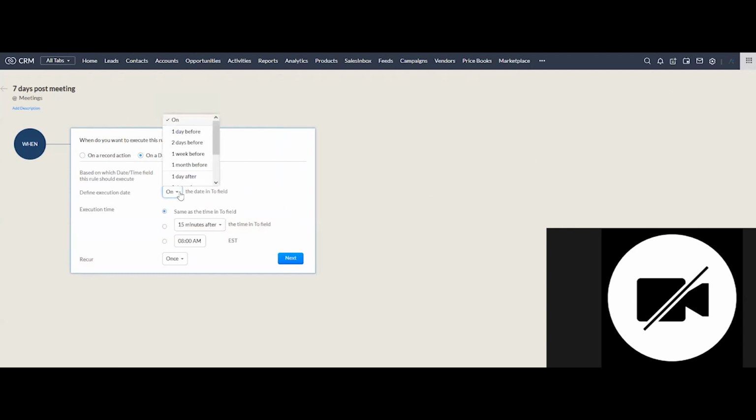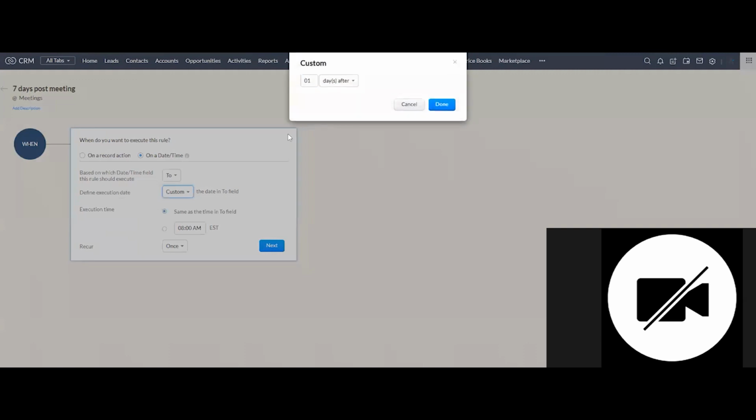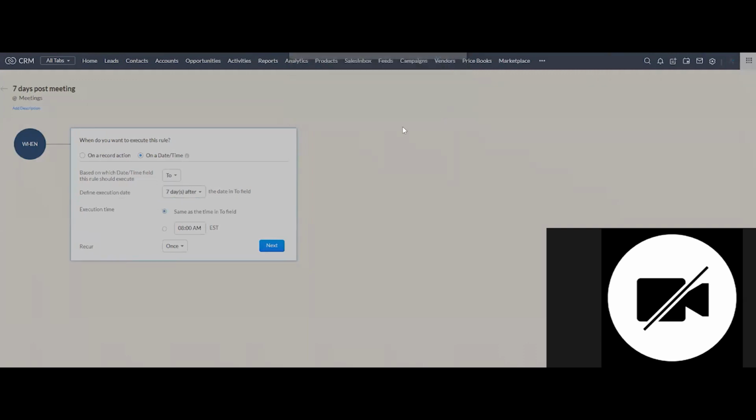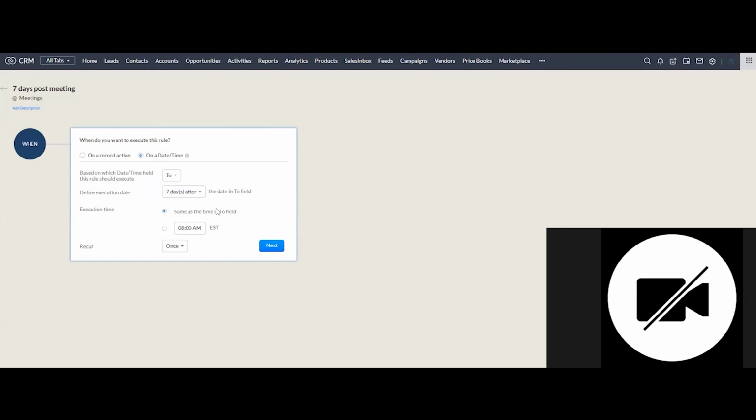It's giving me the option based on which date time field this should execute. The closest thing I can find that would fit is check-in time, but I'm not entirely clear on check-in time. I know it's not when it's created, because someone could create a meeting a month before, and I don't want them getting this email.